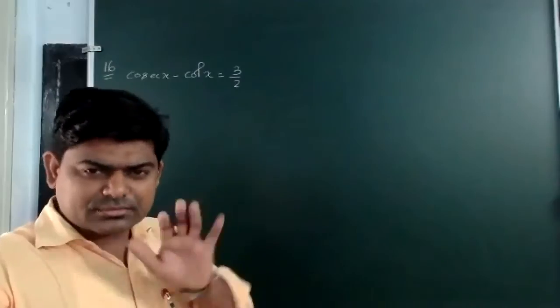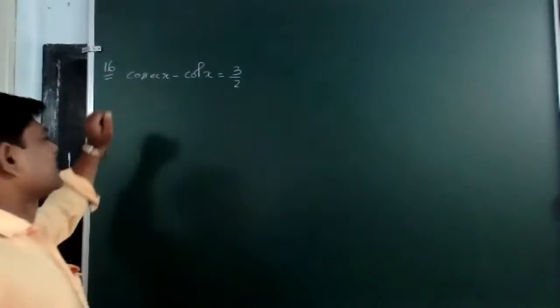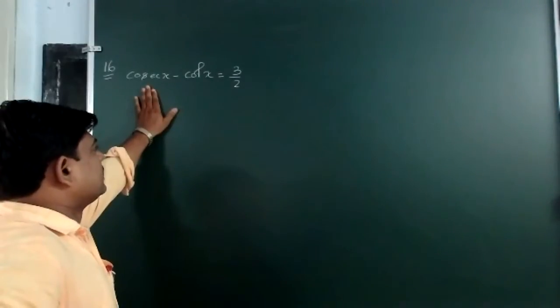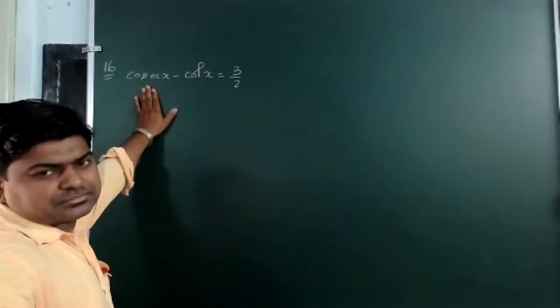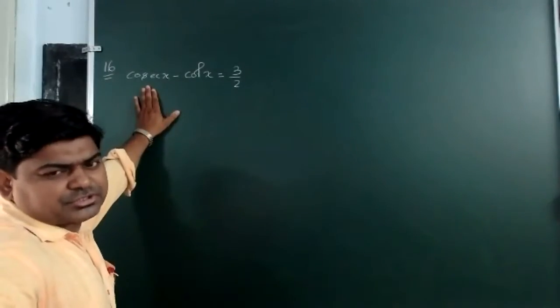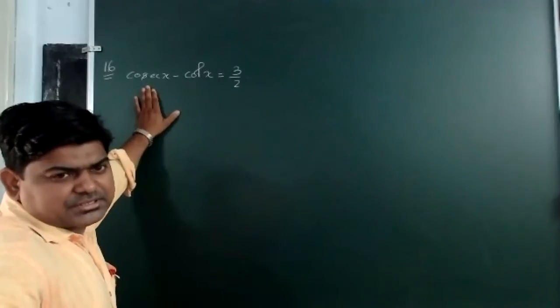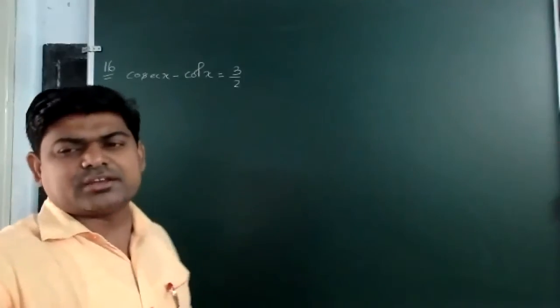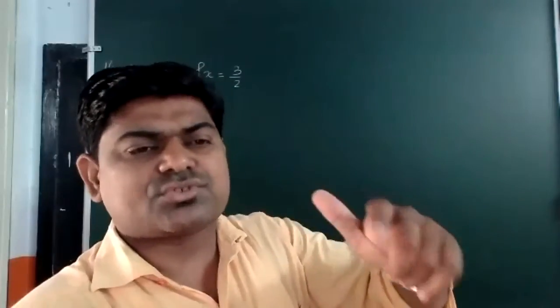I told you there is one method. I may just change it into sine and cos. Then I'll get 1 minus cos upon sine. Yes? Is it or not? So one is cos, one is sin. Again, we will not be able to find the value of sin or cos easily. So we will square both sides, because sin square can be easily converted into the form of cos square, 1 minus cos square. Am I correct or not? So that is the one method.